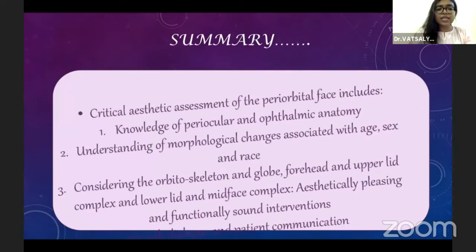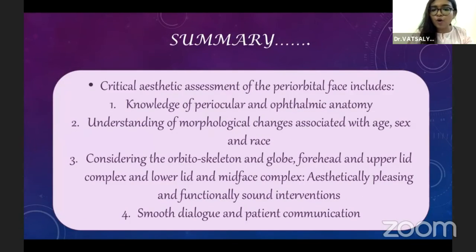To summarize, the critical aesthetic assessment of the periorbital face includes: A, the knowledge of periocular and ophthalmic anatomy; B, understanding of morphological changes associated with age, sex, and race. We must consider the face to be divided into three separate segments: the orbitoskeleton and globe, the forehead and upper lid complex, and the lower lid and mid-face complex, because of which we'll